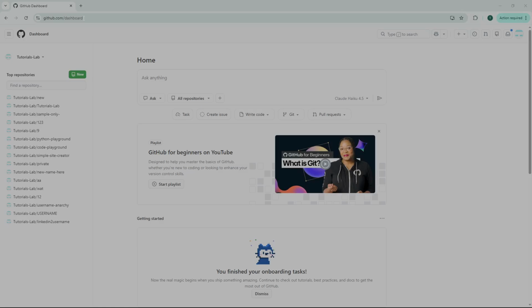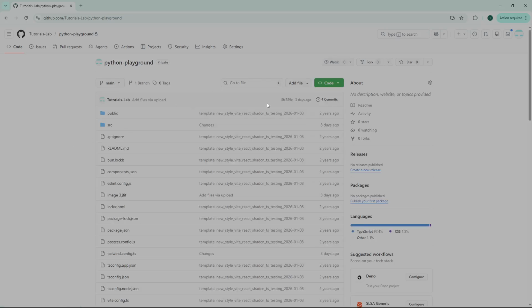Once you're logged in, you'll be taken to your GitHub dashboard. Here, look at the left panel where you'll see a list of your repositories. These are all the projects you've created or contributed to on GitHub. Navigate through this list and click on the repository where you want to upload your HTML project. If you haven't created a repository yet for this project, you'll need to create one first before proceeding with the